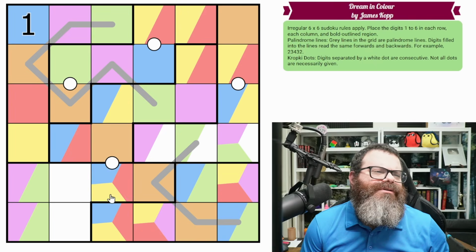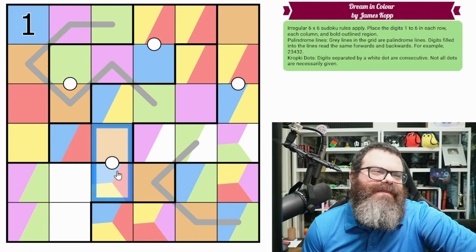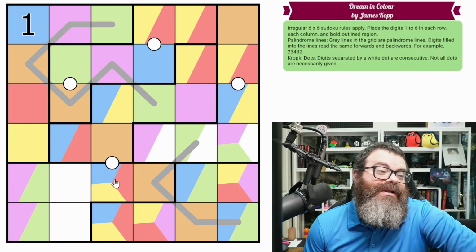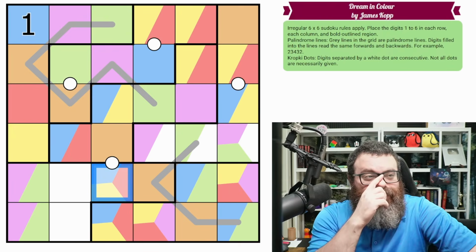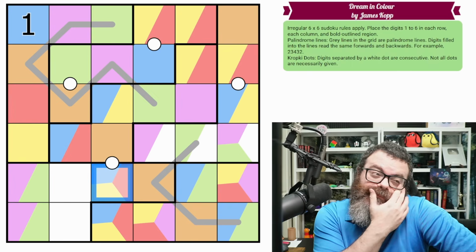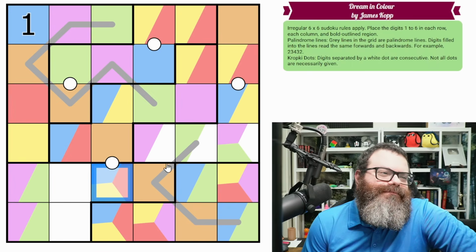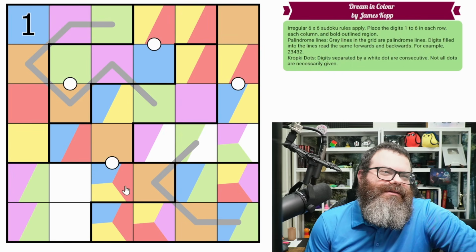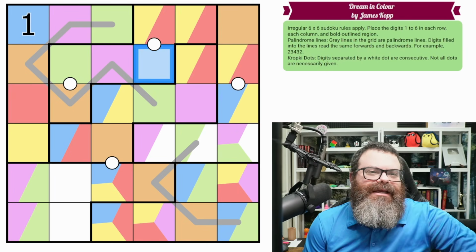It's consecutive with orange. Okay, so we know one thing, which is that orange is consecutive with green, and orange is also consecutive with whatever this is, which isn't green. So we could start building a chain maybe, but I get the feeling that's what these are doing. These are building a chain from 1 to 6. But I mean, I guess I could, oh,